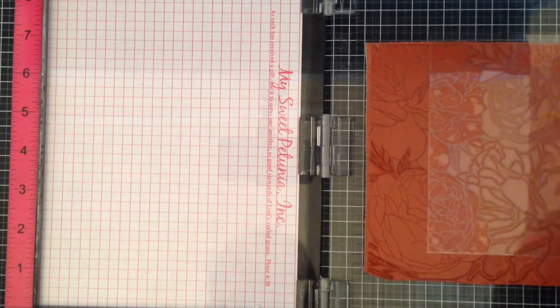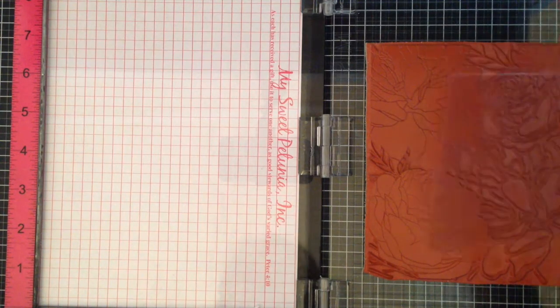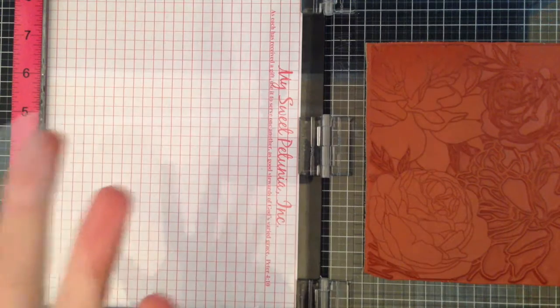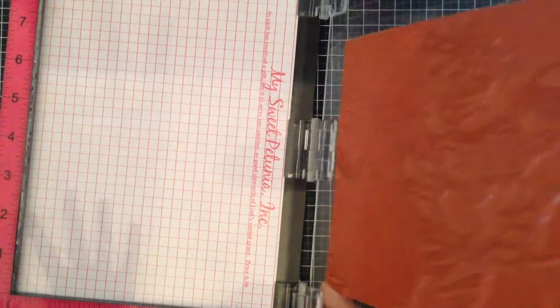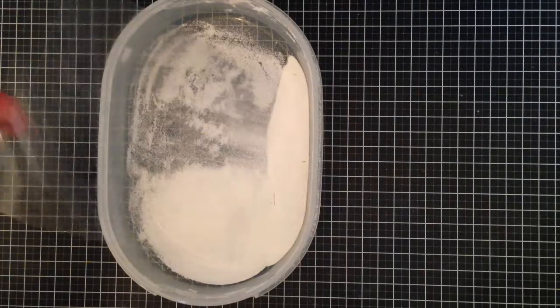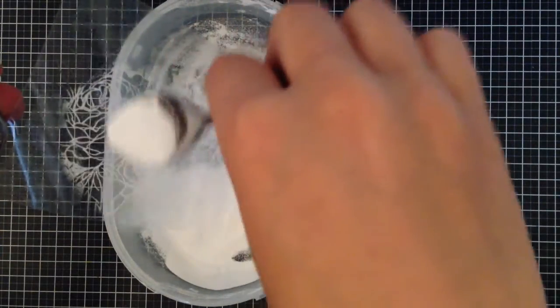I'm going to lift this up and peel it off of the background stamp. And I'm going to be very, very careful not to touch it too much with my fingers. One, I don't want to disturb the Versamark ink, and two, I don't want to get any fingerprints where the embossing powder is going to stick to. So I'm just going to grab some embossing powder,